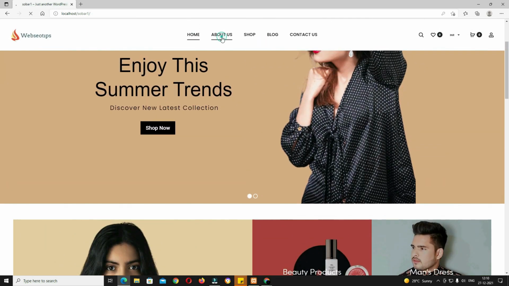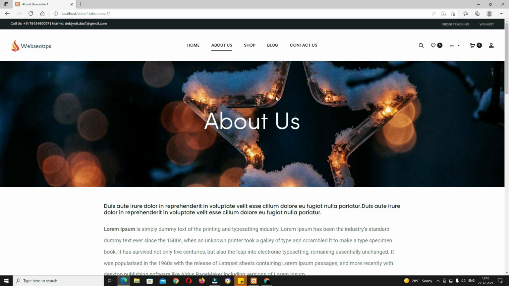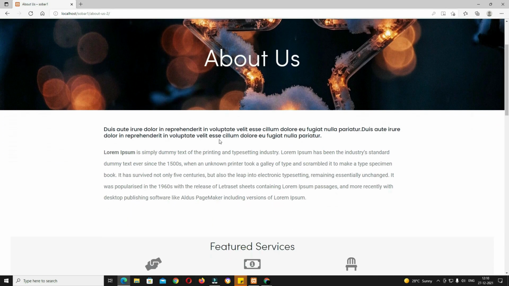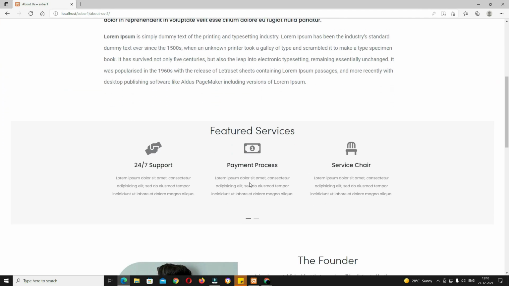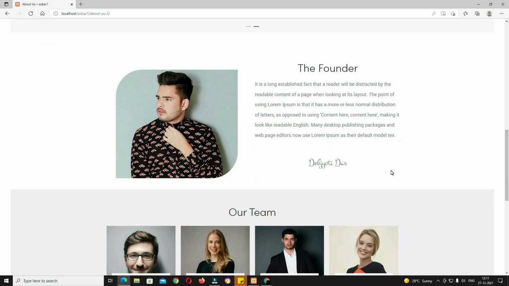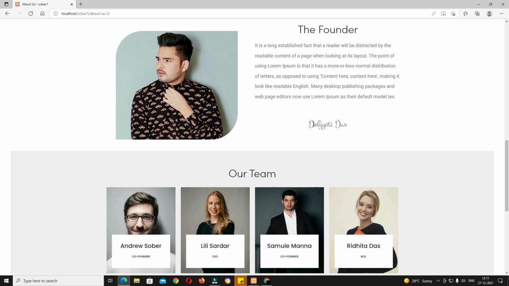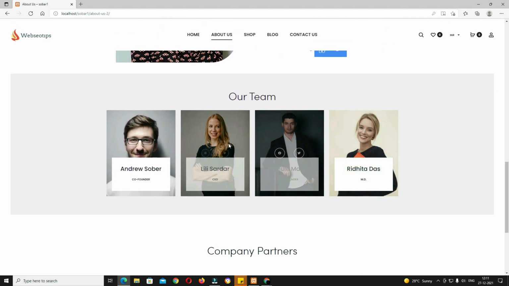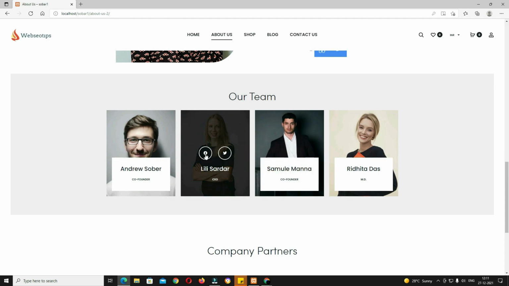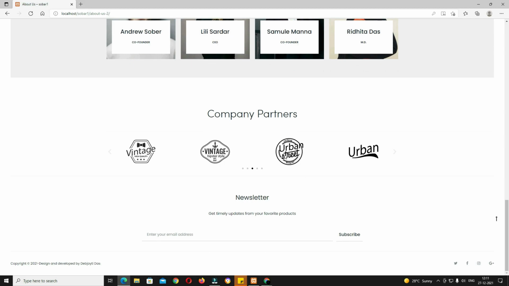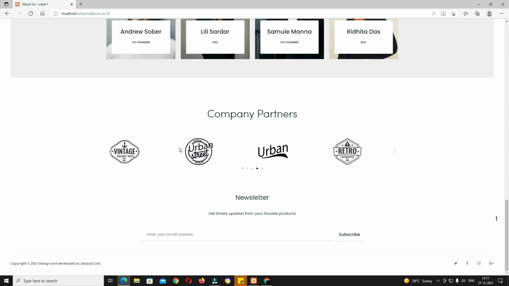Now let's come back to the about us page. In the about us page, at the top here you can see the header section. After that, some text. Next, that is the icon box sliders. It's called the feature sliders also, as you can see here. After that, here you can see some information about the founder, I mean an image with some text and with a signature also. After that, here you can see the our team section, and when I'm hovering on a particular person, the social media links are also displayed. After that, here you can see all the brand images, and that is a brand image carousel actually.